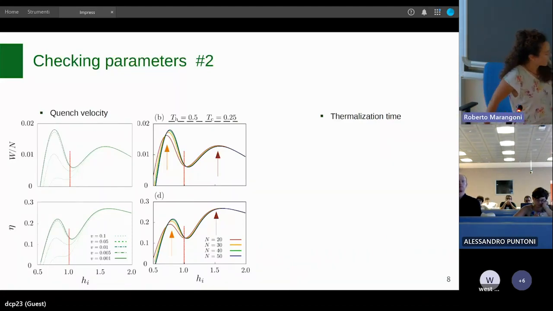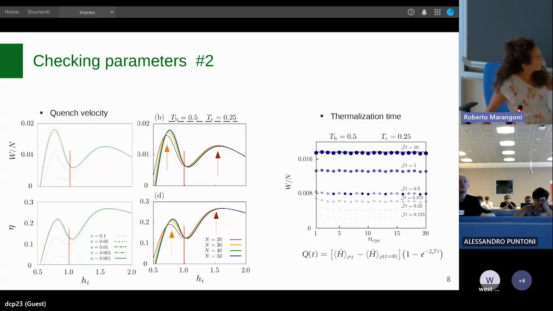So this is to tell you that if you want to discuss not work but power, you have to keep in mind that there are a lot of things, and it's not so easy to optimize which is the best velocity to maximize the power of this engine. Just a comment I want to make because there is no time, but I will tell you something later.